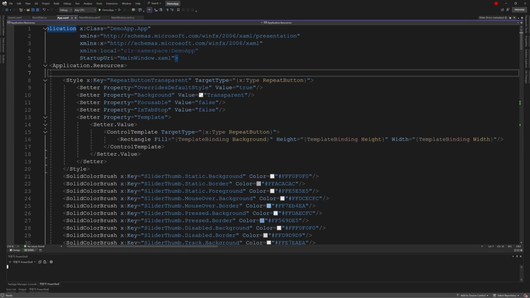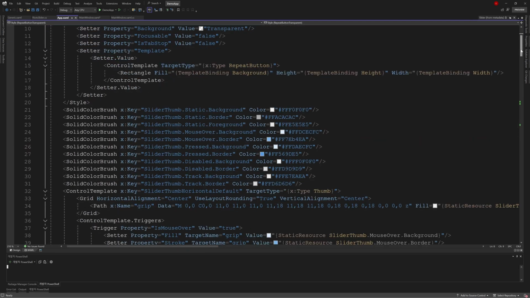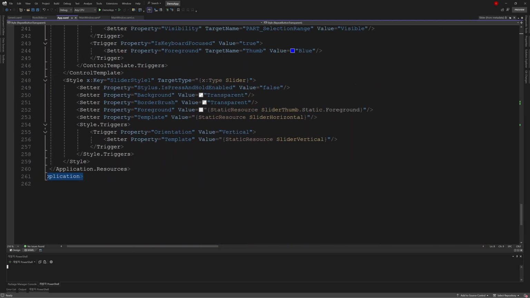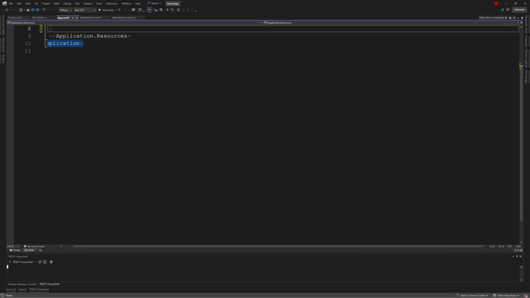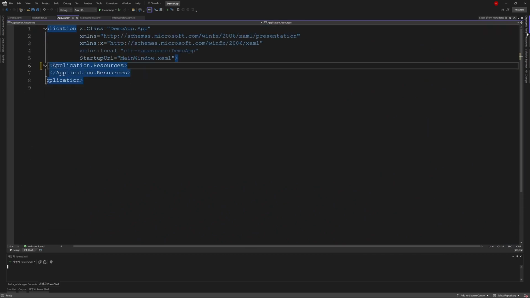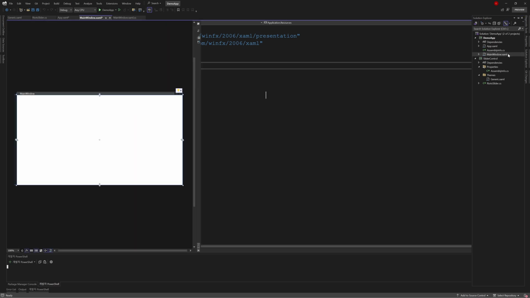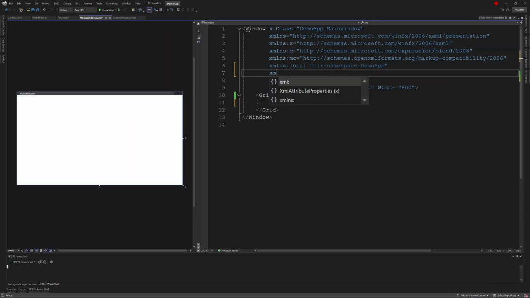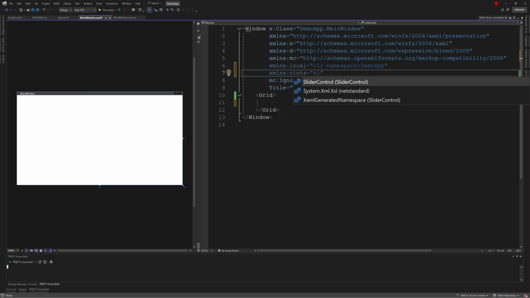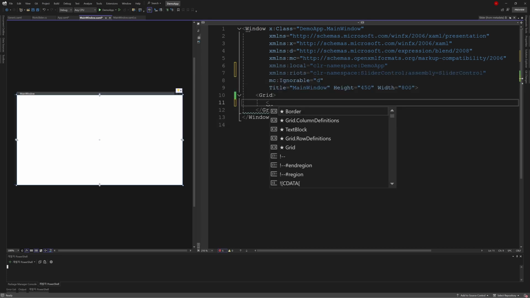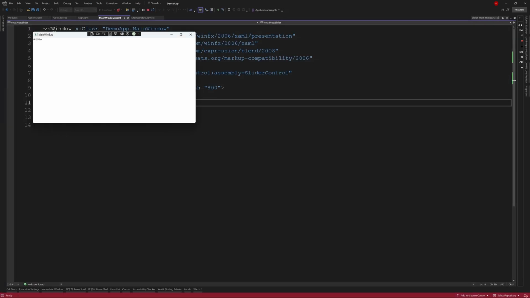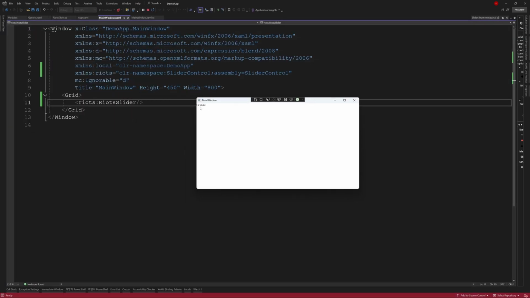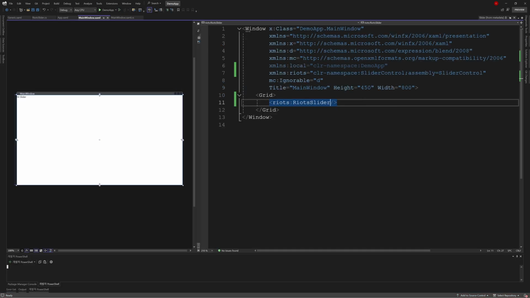And the code in App.xaml is too long, and we will keep it simple, so I will remove this part as well. Then we add our RiotSlider to MainWindow and run it. And then we should be able to see the content we entered. Okay, the test part is complete.